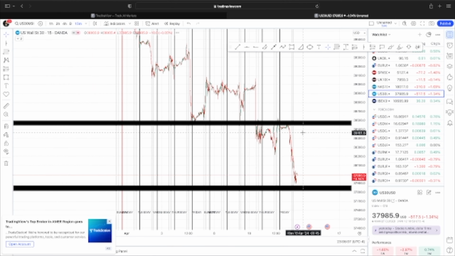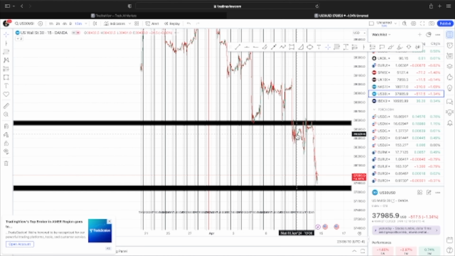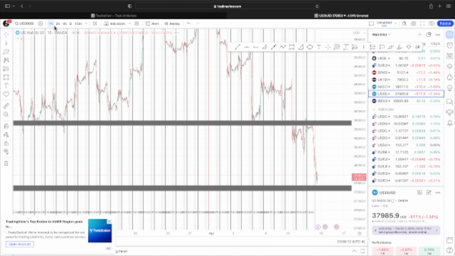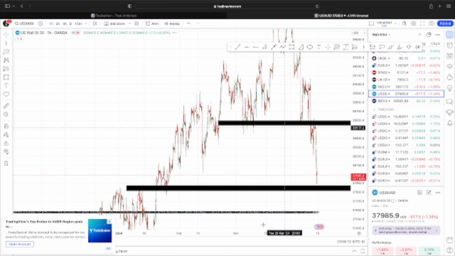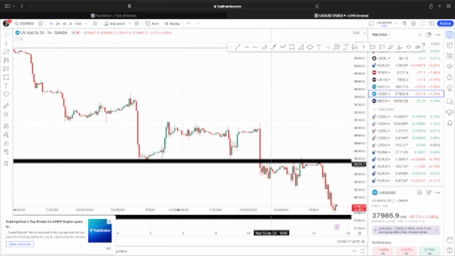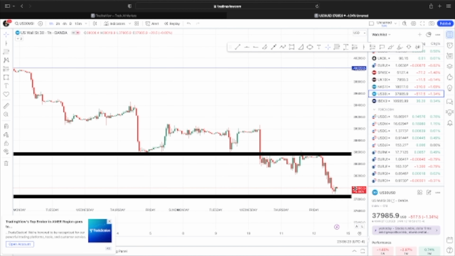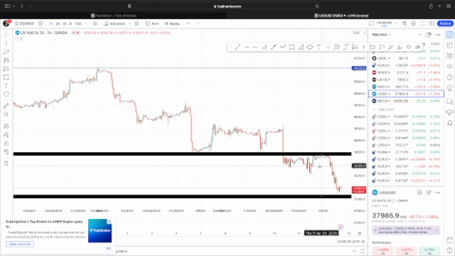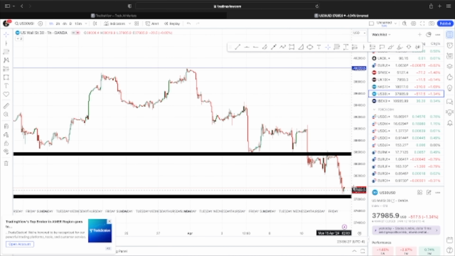So when I was talking about the parts I wanted to target, let's go to the hour time frame actually. All right, so before the market closed out, I think it was the night before, I was talking about how price can probably retest this zone and then go lower. And I was like, if price does break below this, I will be targeting this zone. And as y'all can see, price broke below it and went straight to that zone.